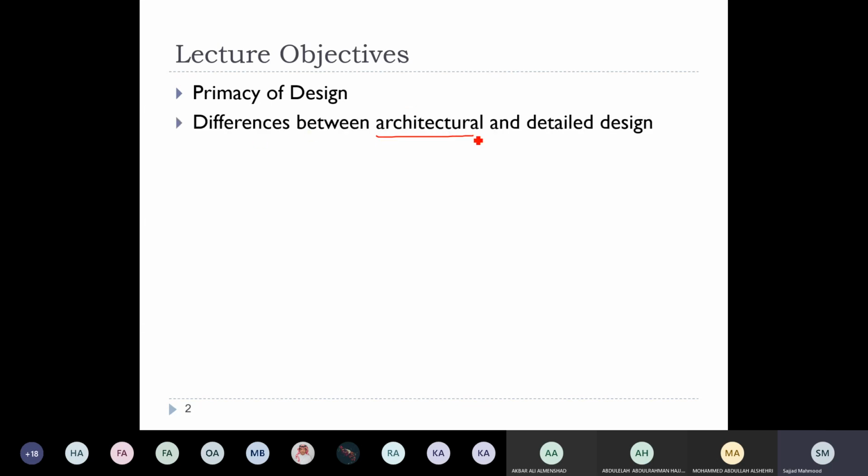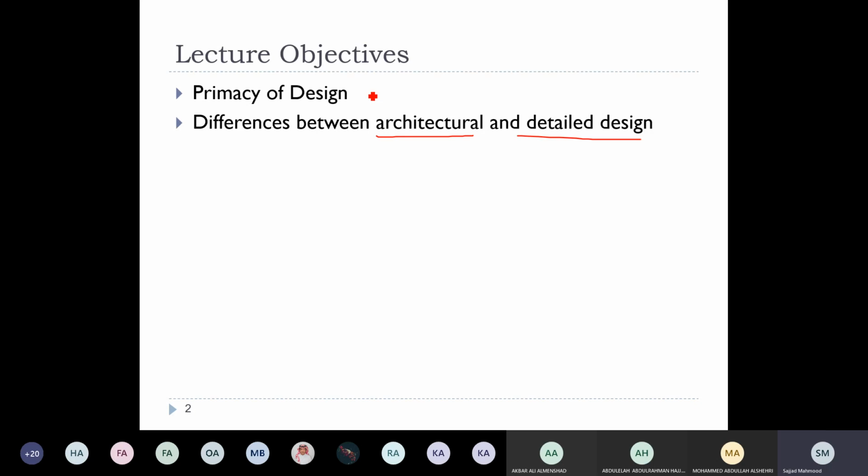So far, in addition to the first lecture, for this half of the lecture, we talked about the importance of the design on Tuesday. And we also talked about what's the difference between architectural and detailed design at a very high level discussion. Now, there are quite a few of us who are joining us today because, mashallah, our classes have grown significantly. So just for them, to quickly recap what we have done in the first two